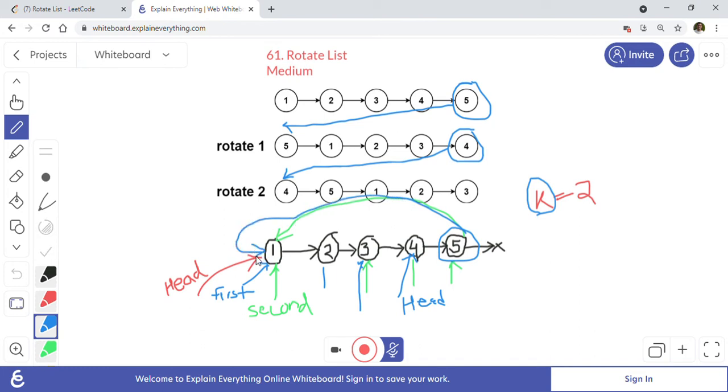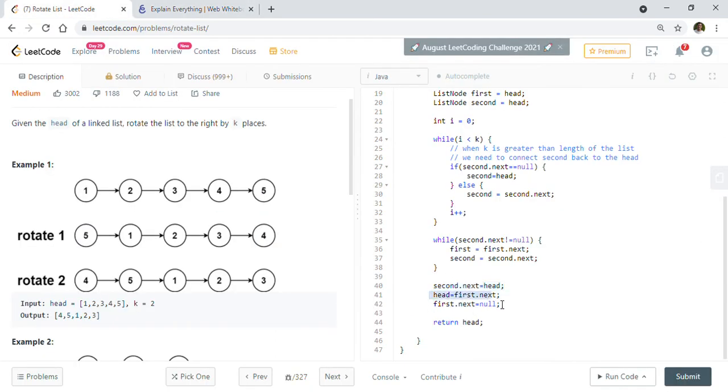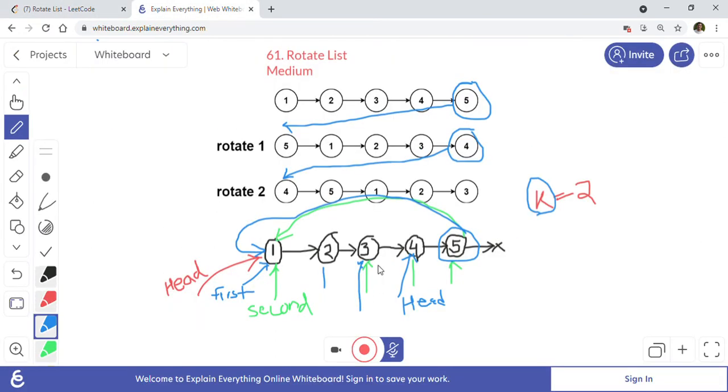1. And head is equal to first dot next. So as I said, the first is here, right, at point 3. So head will be first dot next, which is 4. So now as you can see, the new list will start with node 4. So it will start with 4 and then will go to 5,